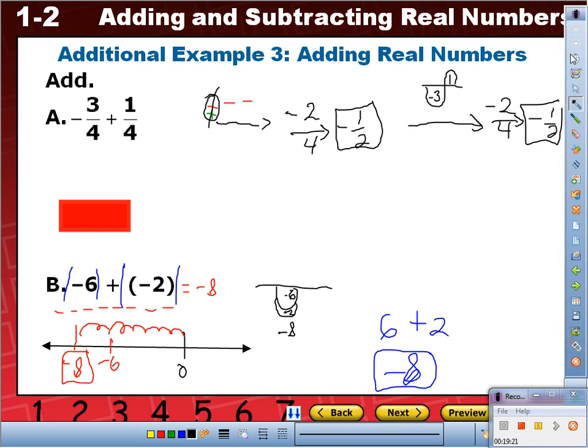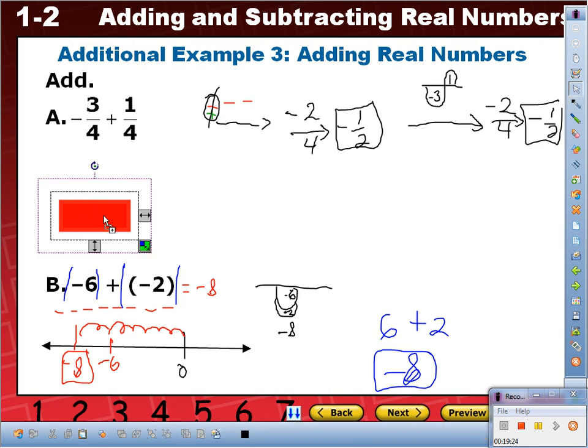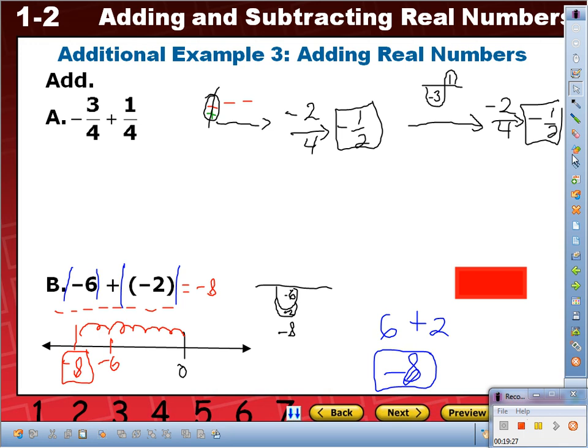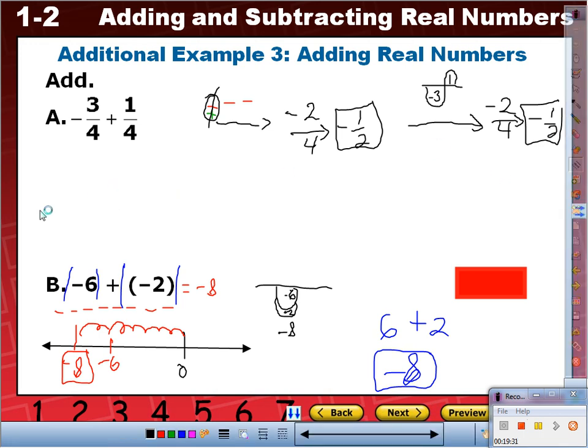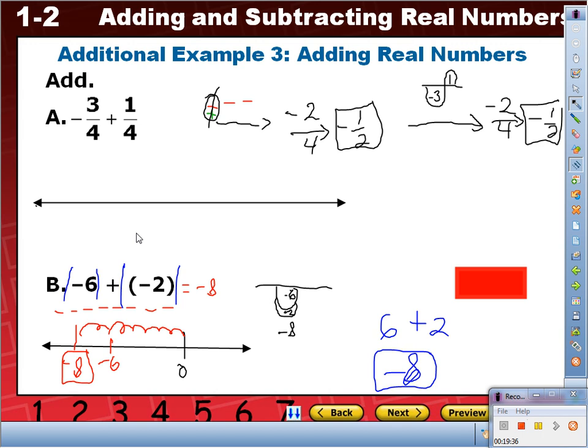Here goes the next one. This is the challenging one. That's why I wanted to do this one with you. Here it goes. Let me move this out of the way. All right. Here goes my number line. Draw your number line. Everybody look up. There it is. Okay? Now,